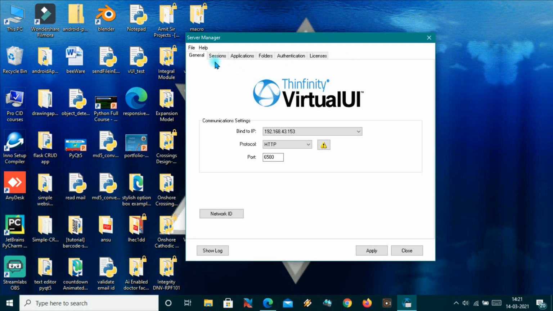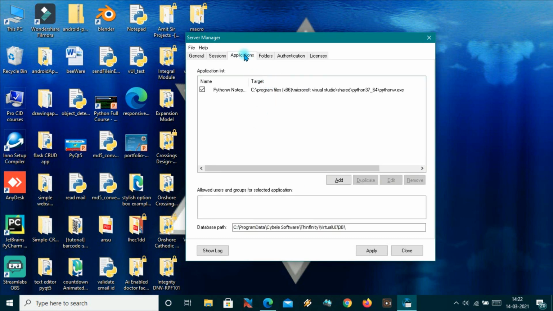And after adding the license, let's come out here and leave it at 127.0.0.1 for now, and leave the port as it is, and come to the application. I have already added one application here. As you know, guys, I have made 3 versions of a tic-tac-toe game using Tkinter. So I will try to run that game on a web browser. And as you know, it is made with Tkinter, so it is a desktop application.